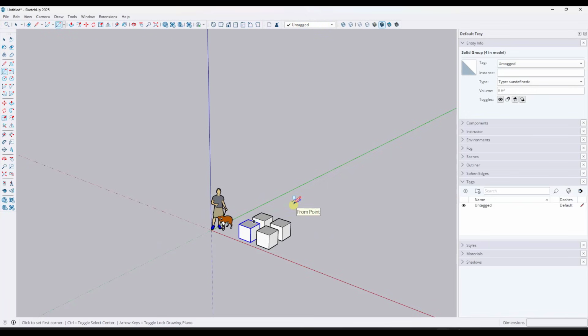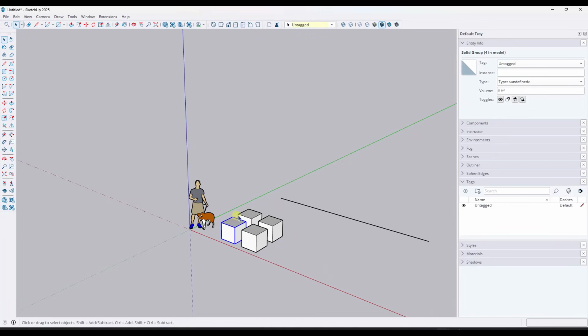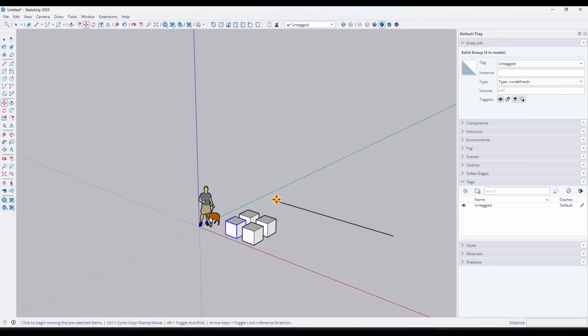So let's say that I had a line over here and I wanted to create a copy of this object that's aligned with the endpoint right here. Well, what I could do is tap the M key. Notice how I can set a base point that's off of the object. Then if I tap the Control key with this active, notice how that's going to create a copy that's aligned with this point over here,